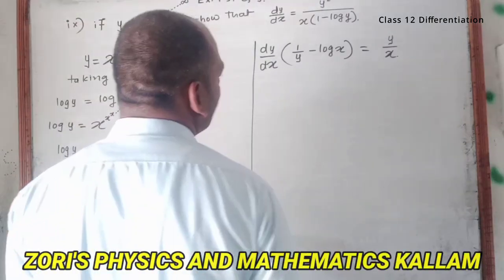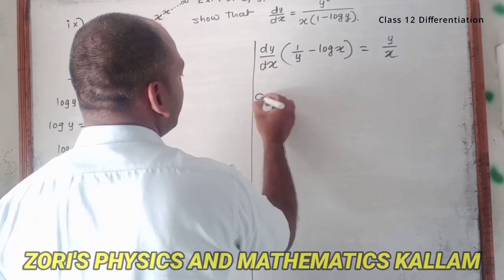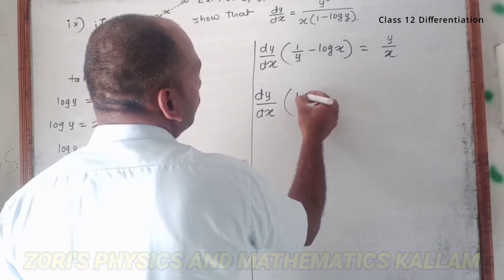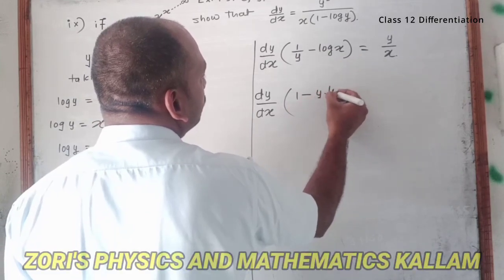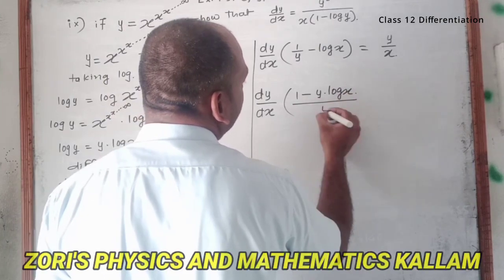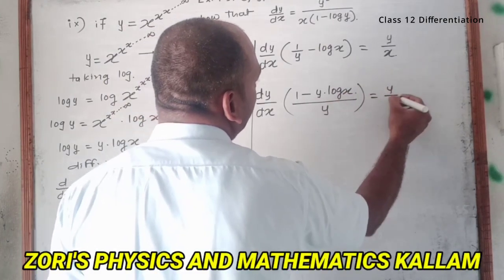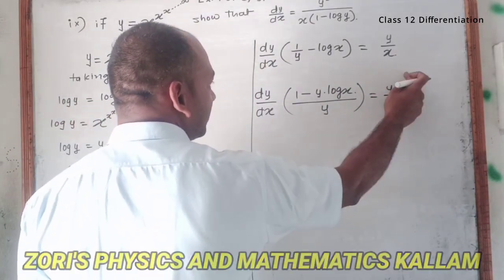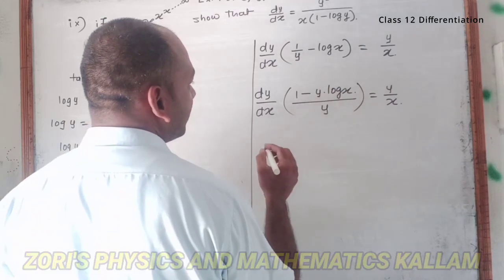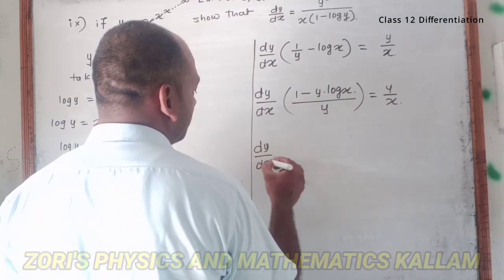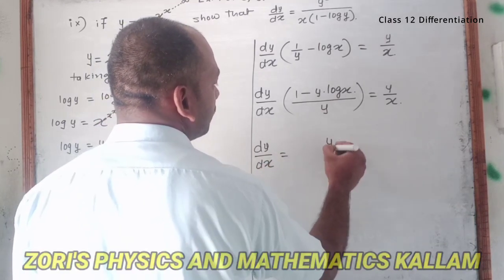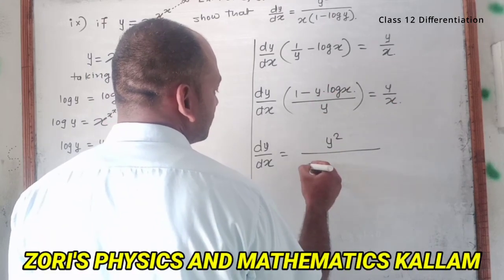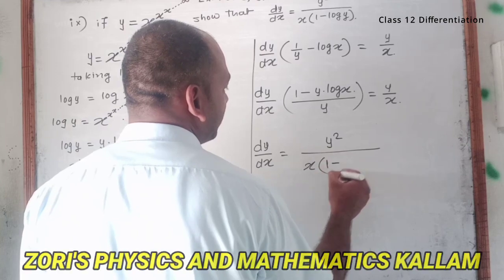After this, we are doing this subtraction here. So we have dy/dx in bracket 1 minus y log x divided by y, that is equal to y/x. By cross multiplication, this part goes in the multiplication and this part in the denominator. So what we get here, dy/dx is equal to y into y square divided by x in bracket 1 minus y